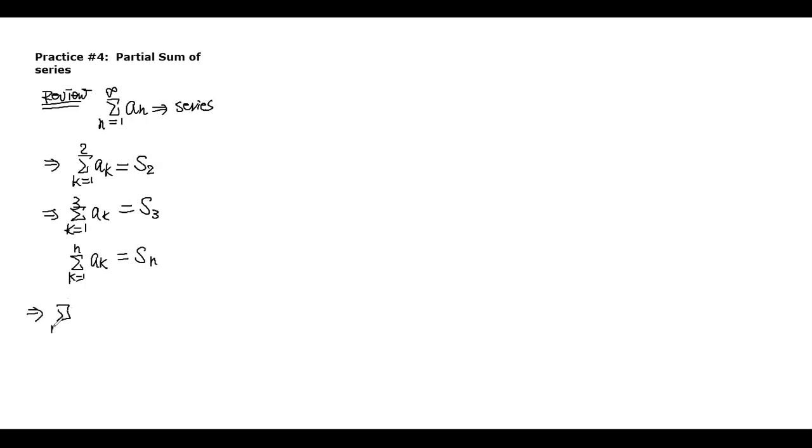the series is the sum from n equals 1 to infinity of a_n. It really is the limit as n approaches infinity of the summation k from 1 to n of a_k. That means you just continue adding a1, a2, and so on. So it's basically the limit as n approaches infinity of your partial sum. If this partial sum comes to some fixed number, say 3 or 200 or 300, it doesn't matter,